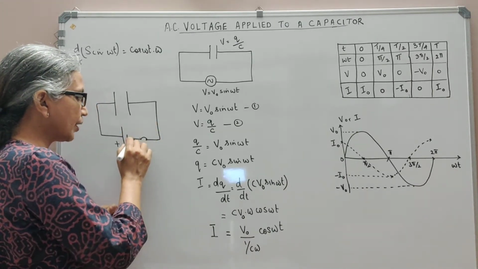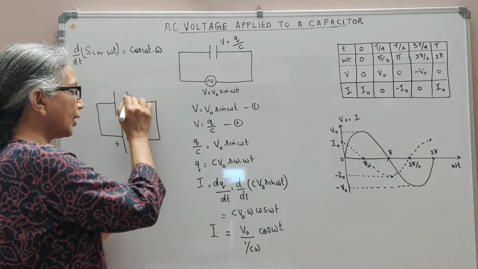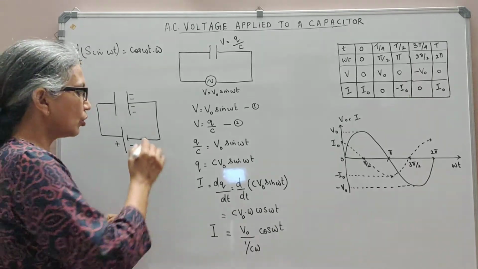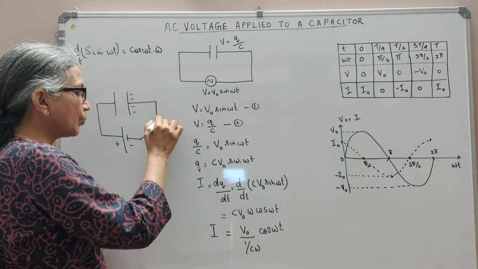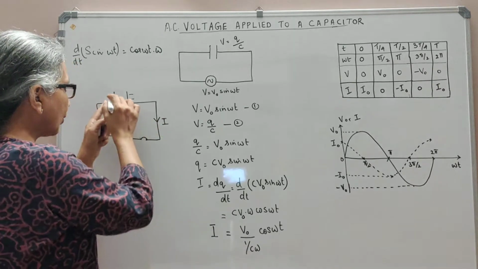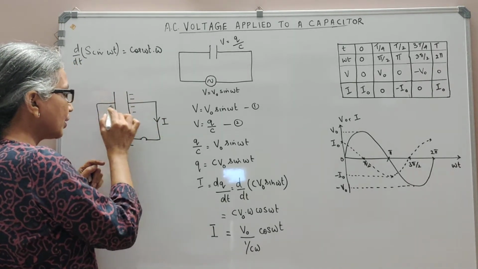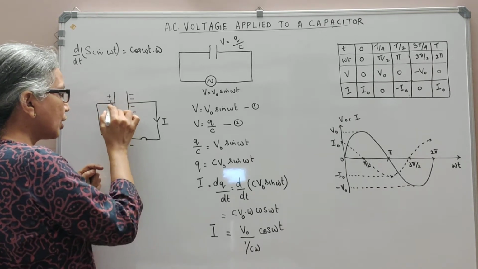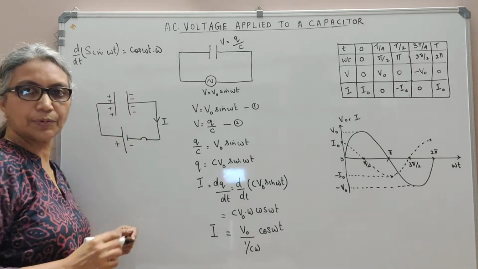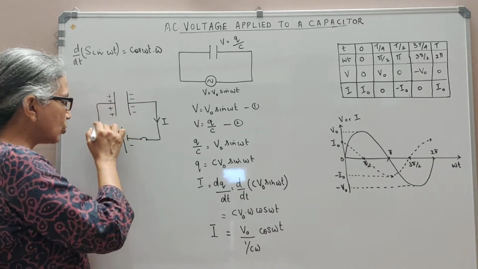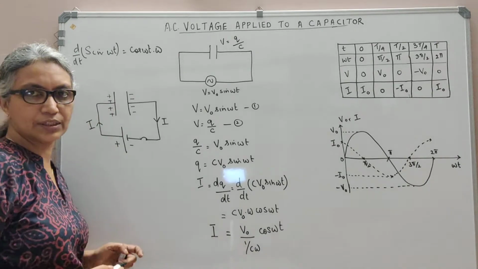The electrons from this negative terminal will travel here and charge this plate negatively. Electrons flowing in this direction would mean the current is flowing in the opposite direction. And from here, the electrons are repelled so that this plate becomes positively charged. These electrons move towards the positive terminal of the battery. Because the electrons are moving in this direction, we have current moving in the opposite direction.